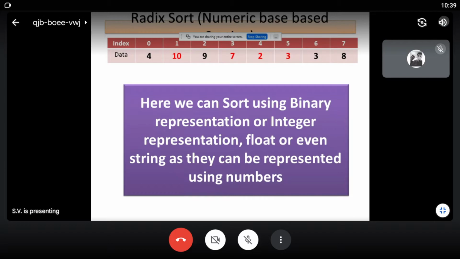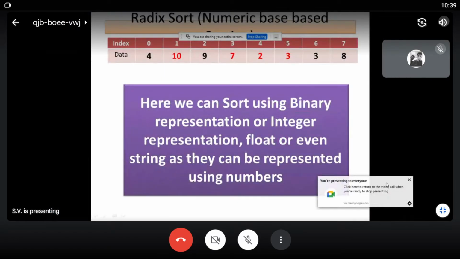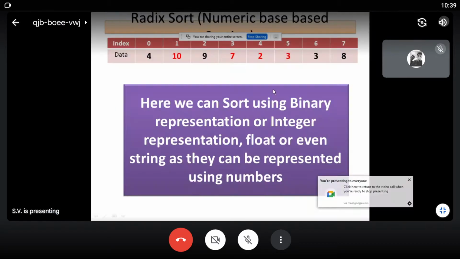We can sort using binary representations or integer representations, and even floats or strings can be used as the contents of the array, and they can be easily sorted. As we say, a string is a combination of characters, and characters have ASCII values. So each character has some ASCII value, and therefore it is a type of number only, so we can sort the numbers themselves. Now how to do this? It's a very interesting topic and it needs your concentration.